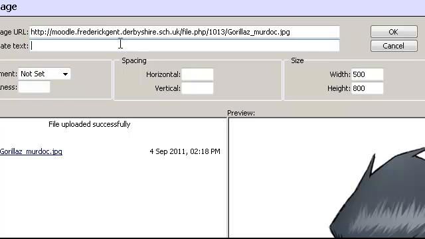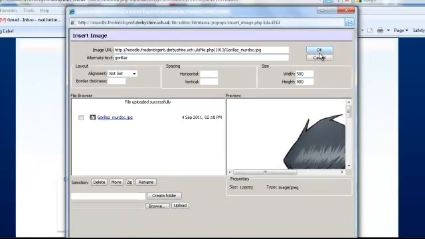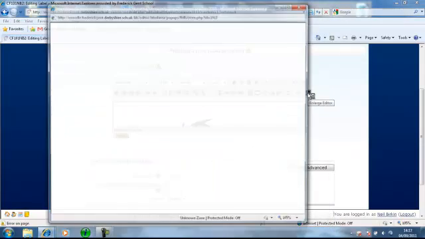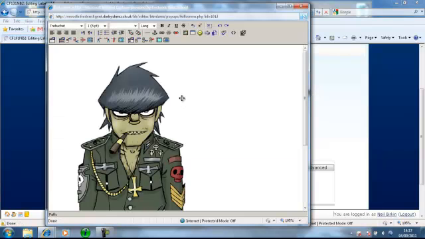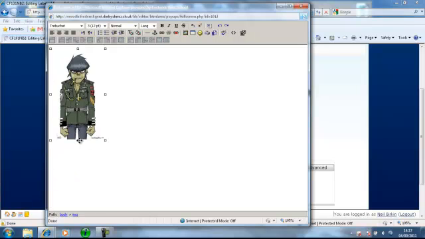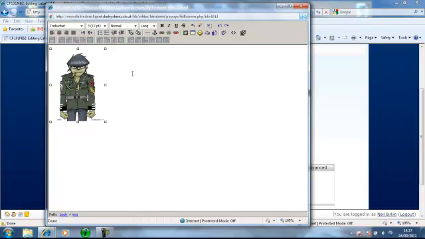We have to give it an alternative text. So we'll call it Gorillas, because that's what it is. And click OK. Now the first thing you'll notice if I make this full size is that image is massive. Okay, so what I can do is I can simply grab it and resize it like that. Just make it look how you want it to look,